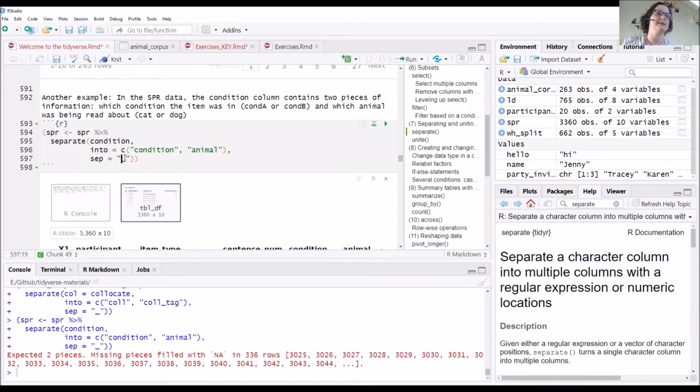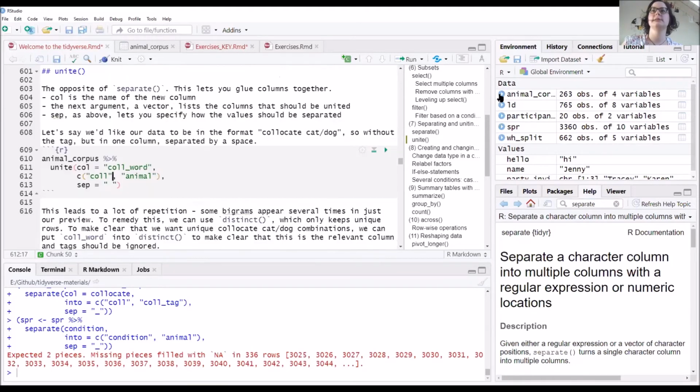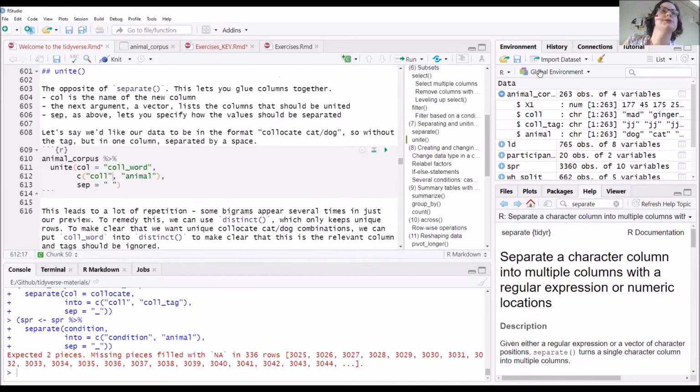Okay, and just to make it clear, the separator is what I type in, right? That can also be a space. It can be several characters. It can be a full stop. It can be pretty much anything, right? So it's just an underscore because in the data we had an underscore. So then let's move on